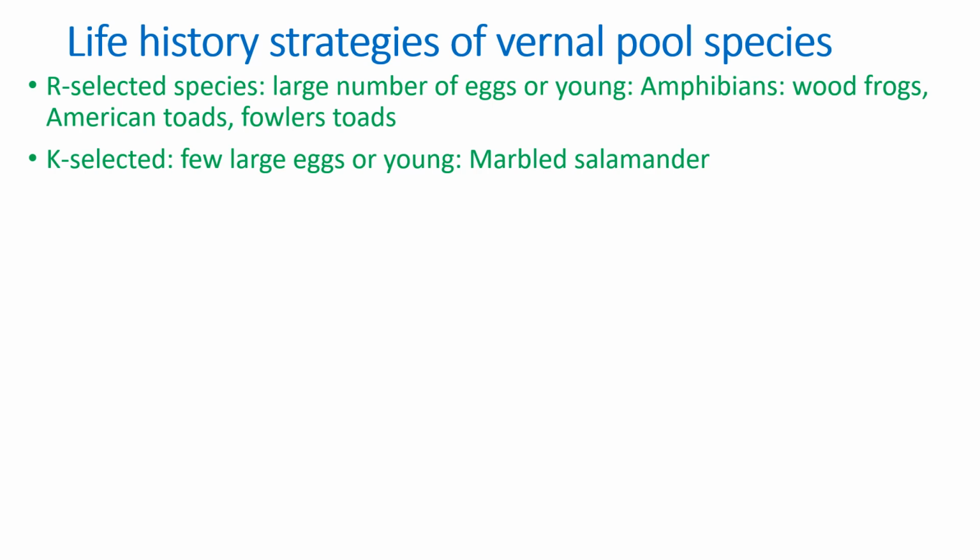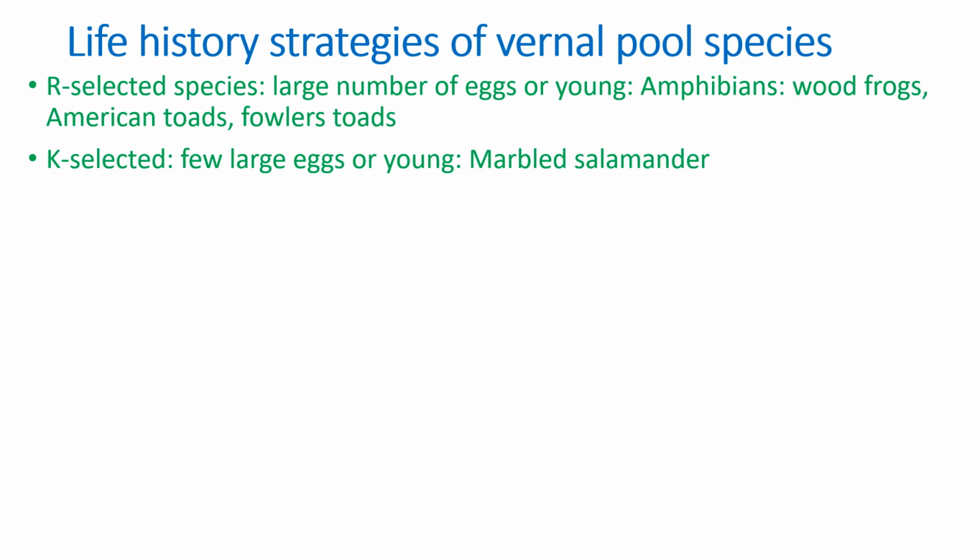So r-selected species, what characterizes them? They produce a large number of eggs, or a large number of young, and most of the young produced are going to be smaller in size because they are produced in large numbers. Among amphibians, the examples are wood frogs, American toads, and Fowler's toads. All of those species produce eggs in massive numbers. It could be in the range of hundreds to thousands,